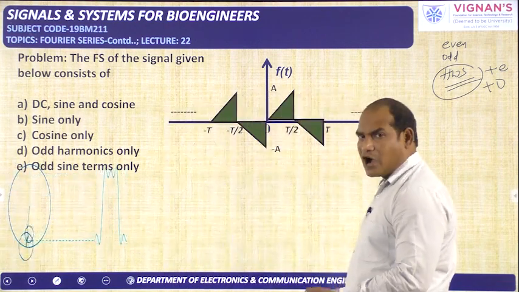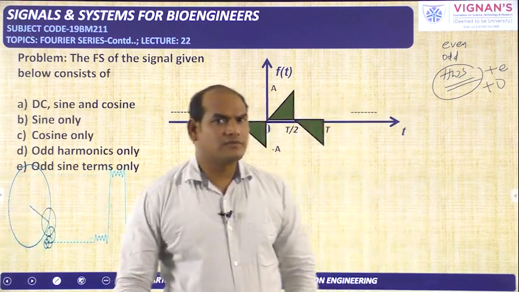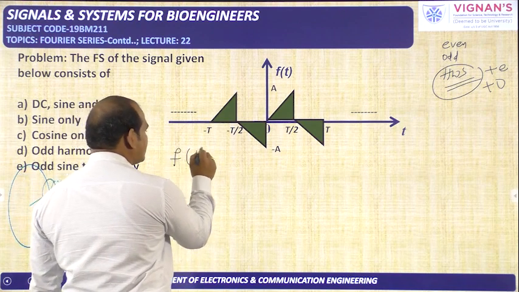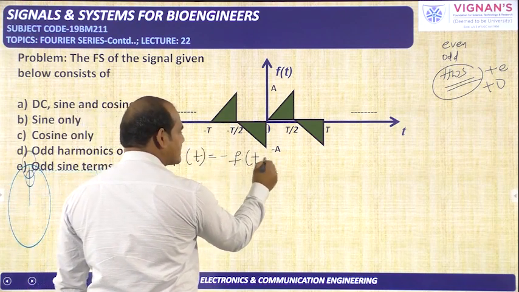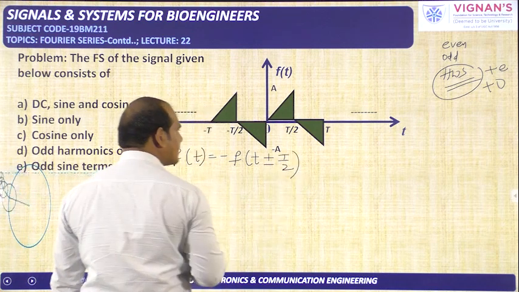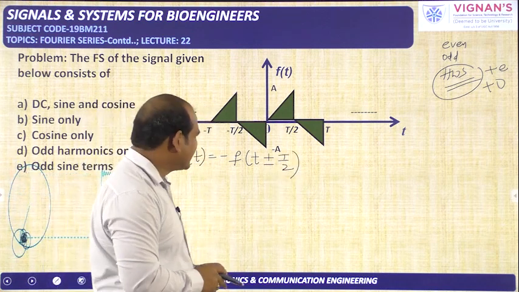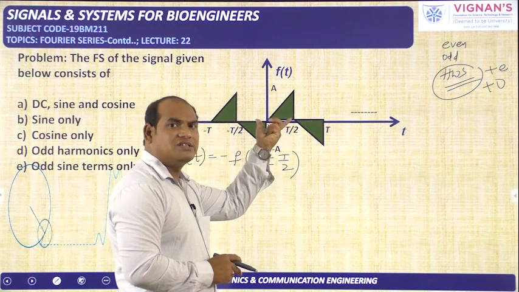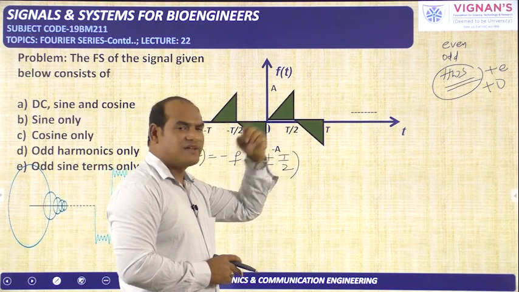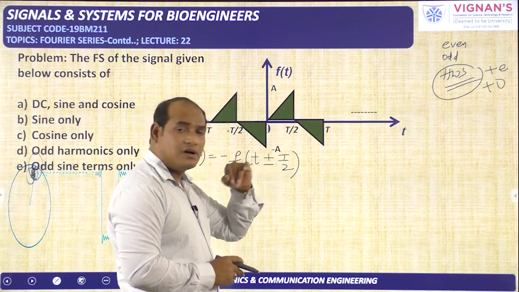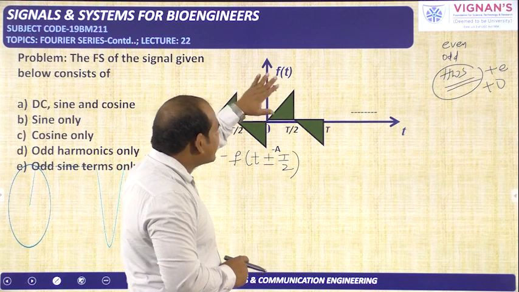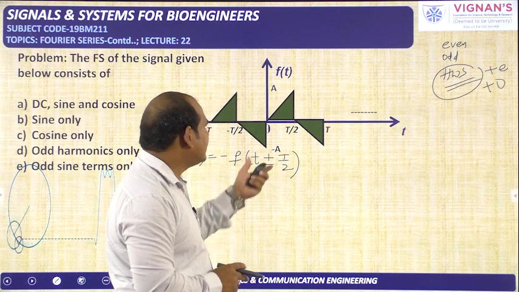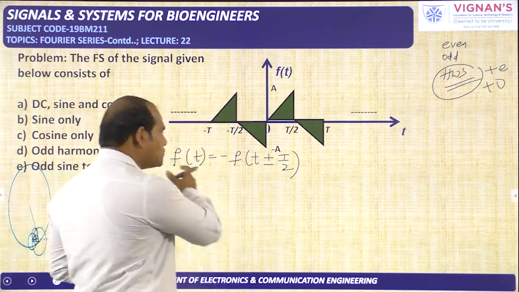Now we will check half wave symmetry. What is the technique I have told for checking half wave symmetry, or what is the equation I have given? f of t is equal to minus f of t plus or minus T by 2. You can check this one, or I have told one shortcut method: identify the full time period, then identify the amplitude in the first half period and the amplitude in the second half period. If the amplitude of the second half period is equal to minus the amplitude of the first half period, then we can tell it has half wave symmetry. Otherwise we will check this condition.